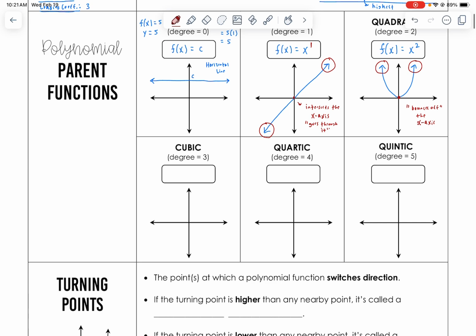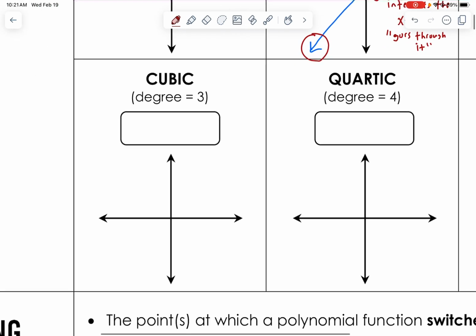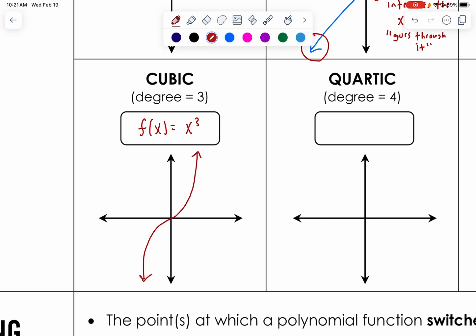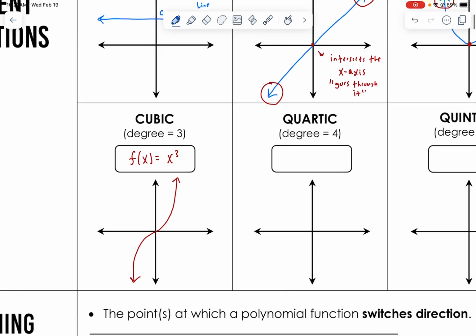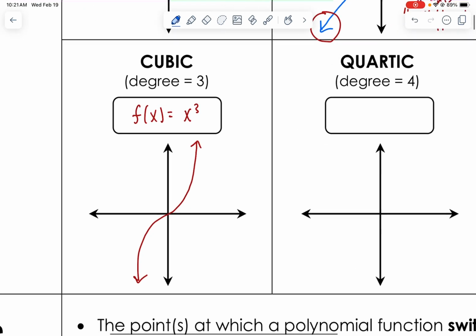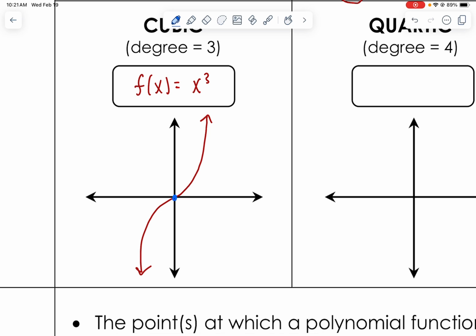All right, let's go ahead and go over to the cubic. The cubic we talked about as well. F of x equals x cubed is the parent function. This is a degree 3 because our exponent is 3. And we said a while back, it'll look something like this. You can remember, you can graph these on Desmos. Okay. All right. And if you look at this, the middle, we do intersect